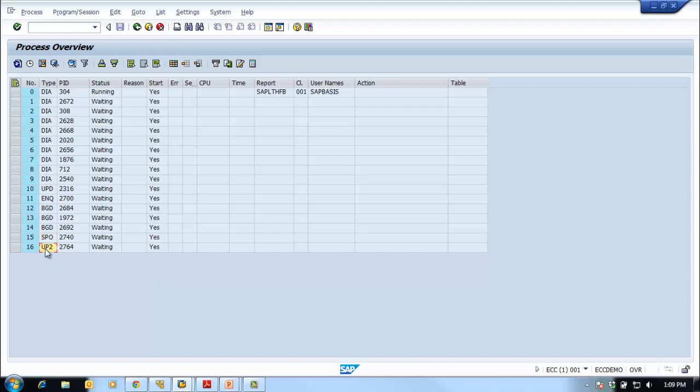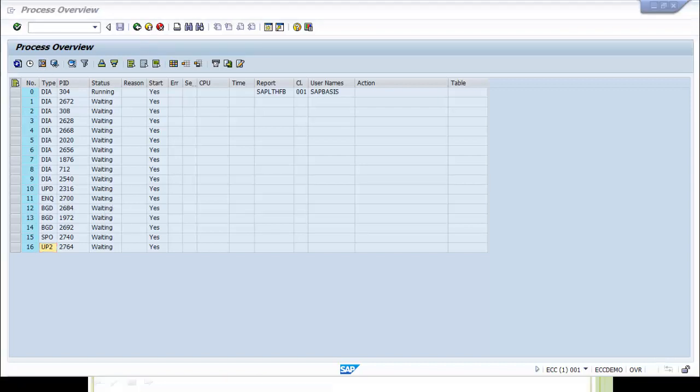It's an additional work process which will be supporting the update work process. Okay, so if we go back to our presentation,